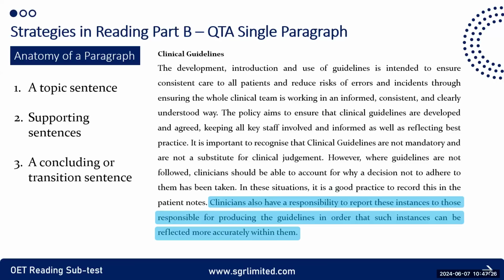At the end of the paragraph, there should be a concluding or transition sentence which sums up the argument or information in the main part of the paragraph and may also create a link or transition to the next paragraph. A transition provides the text with a smoother flow between paragraphs. The first line in a paragraph may be a transition from the previous paragraph, which moves the topic sentence to second place.